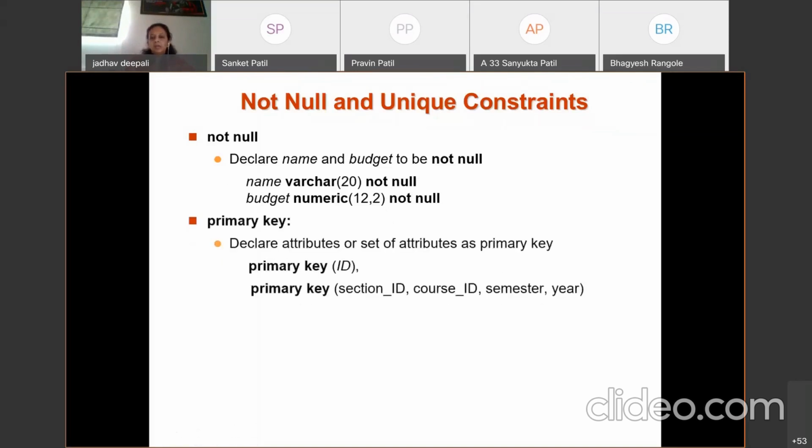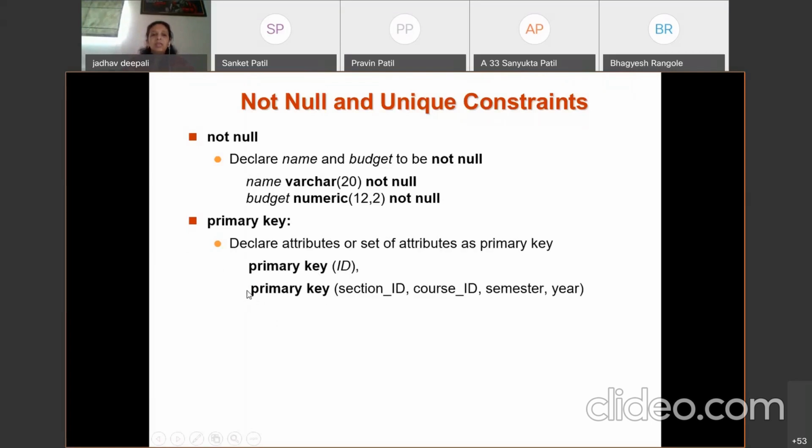Next, primary key, that part we have already seen. So declare an attribute or set of attributes as a primary key. It is not necessary that a single attribute is the primary key. Multiple attributes may work as a primary key. For example, if we consider ID of the student or the instructor, primary key ID, but in the case of the section entity set or the section relation, there are 4 attributes as a primary key.